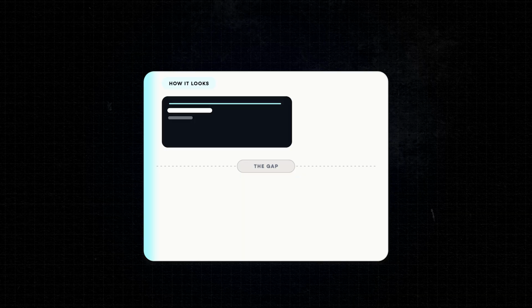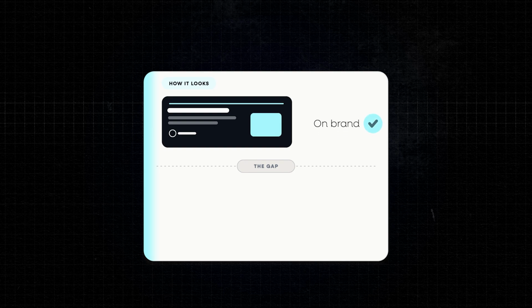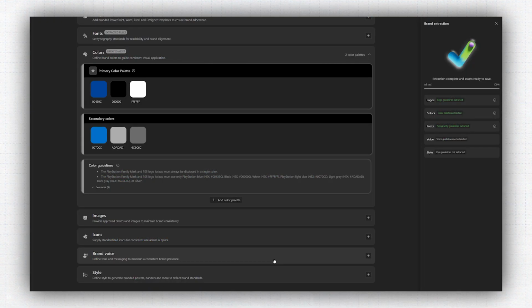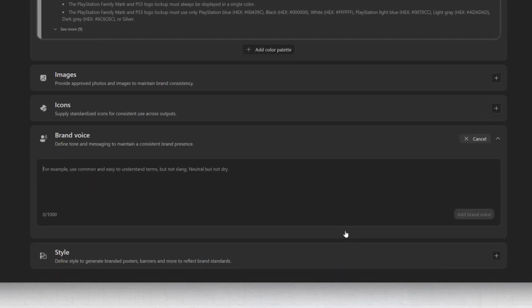But this is exactly the gap that I was talking about, because that Sony deck that we created a minute ago looks great, but if you actually read the words, they still sound like AI wrote them and not the typical way that Sony would actually speak internally. And this is very easy to fix. You just open here where it says brand voice and you write in how, in this case, PlayStation